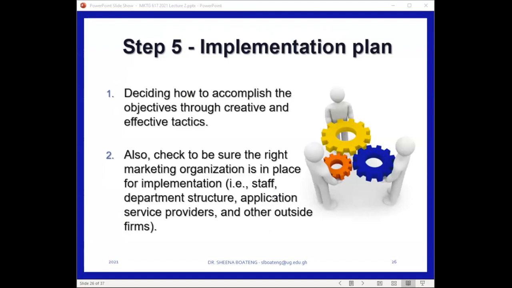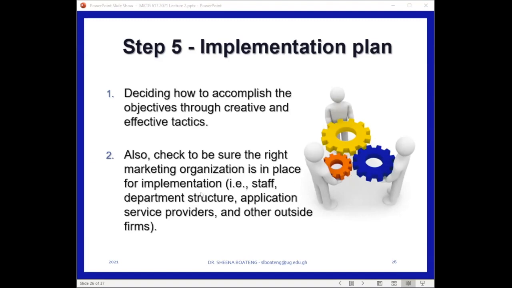If you are sourcing in-house, it means that the firm already has these resources at their disposal and it's easier to obtain and use them. But if you have to go outsourcing, then it takes you into a whole different realm. Because depending on how you are outsourcing and where you're outsourcing from, it can double or triple the cost implications of the entire e-marketing plan. So you need to think about all these things and translate them into actual actionable tactics to know how you are going to go about achieving your e-marketing strategy.